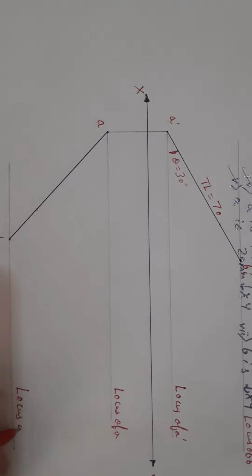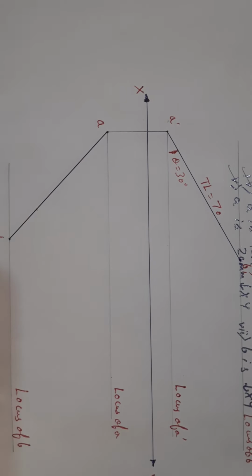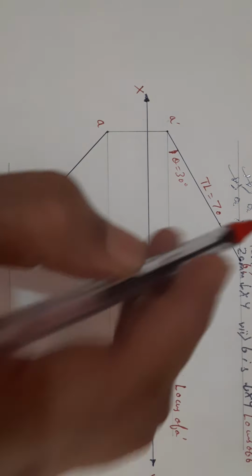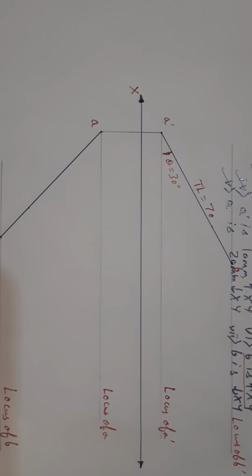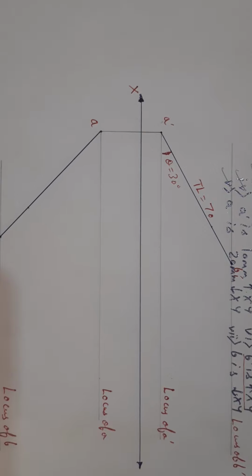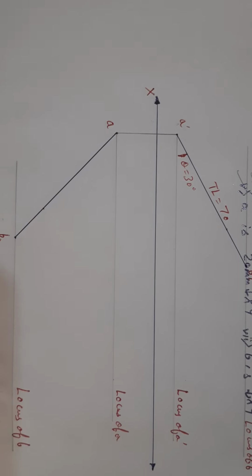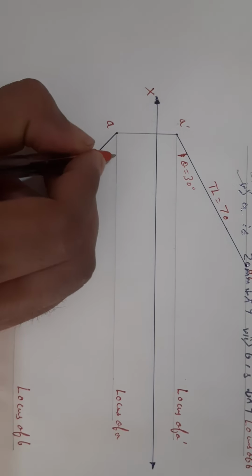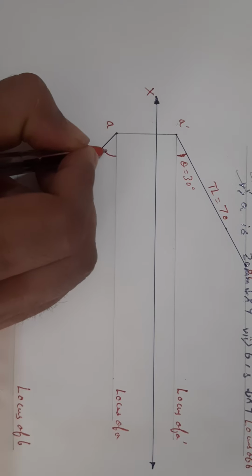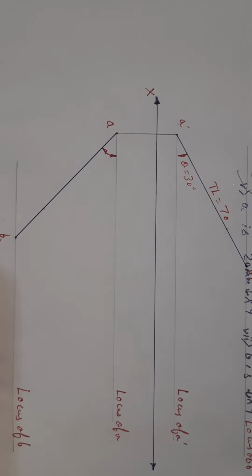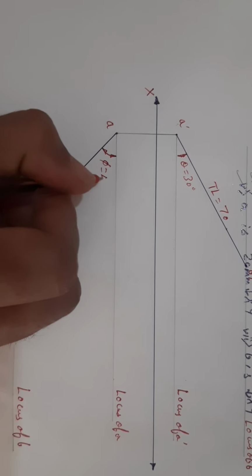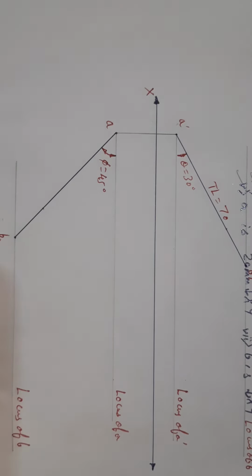So friends, if you are clear till here, the last point is very important. As of now, we have utilized all 5 pieces of information. So friends, actually, when you see the problem, you won't be seeing the true length in front view and top view, because the line is inclined to both the planes, that is HP as well as VP. So just let me mark it. Phi is equal to 45 degrees over here. Now what do we do?